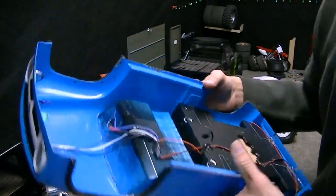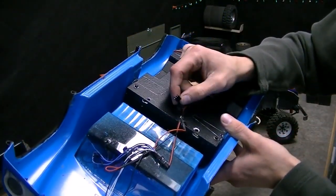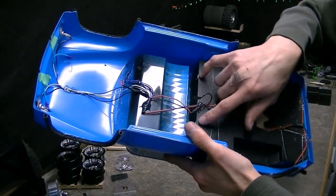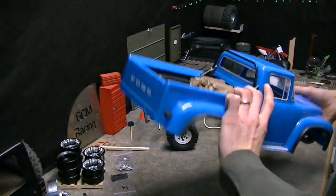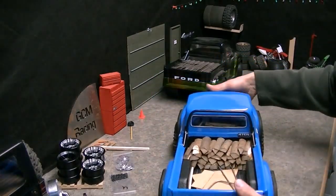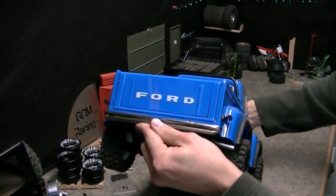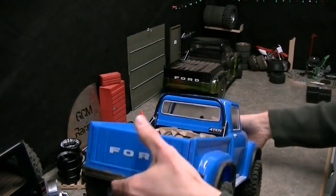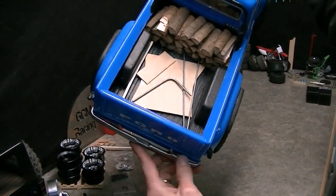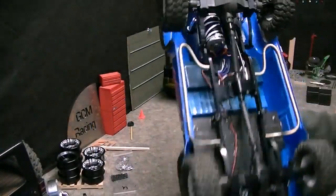And another note for body mounting that I'll just add: if you're going to have clips right here, why not put your plugs here too? So in our case, we can just unplug the lighting system, drop in the two pins, and it's all over. So this fits on really well with this truck because the front and back bumpers locate the body. So the body doesn't actually have to have a clip in the back and a clip in the front, because the body is located on the bumpers through the metal eyes of the bumpers here. So it's pretty simple. And now that we have the clips in there,